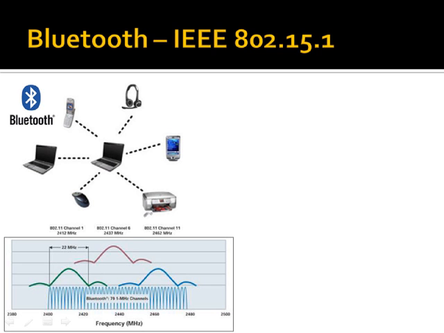The 903 to 928 spectrum can, but it's not that wide. That's 25 megahertz. An 802.11 channel is 20 megahertz wide. So this is the first allocation we have that has lots of elbow room. Putting it there